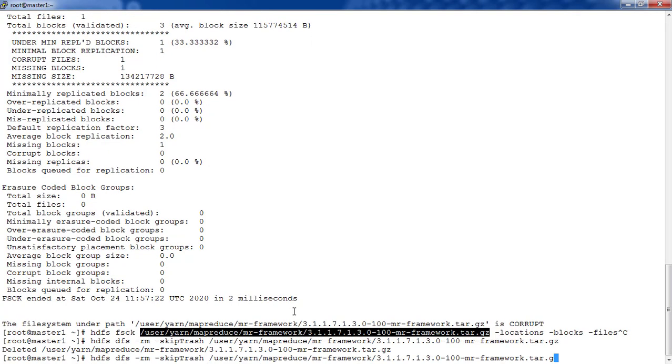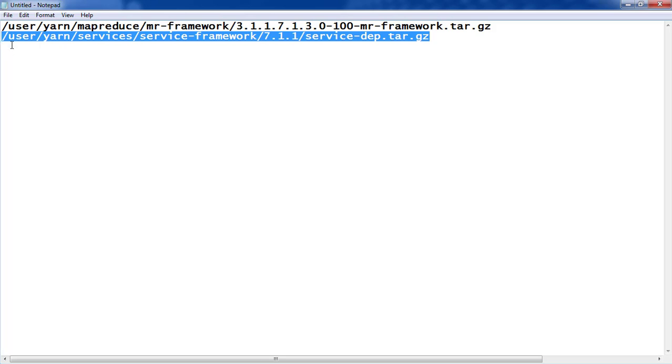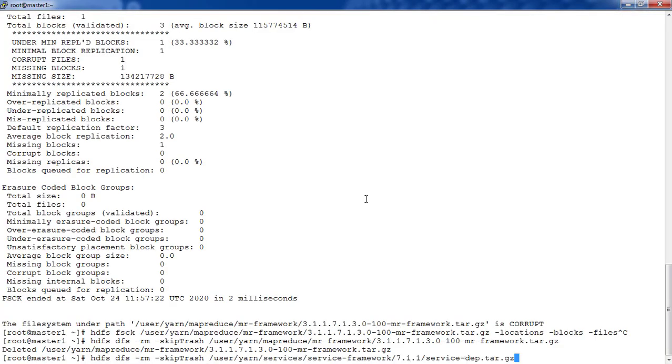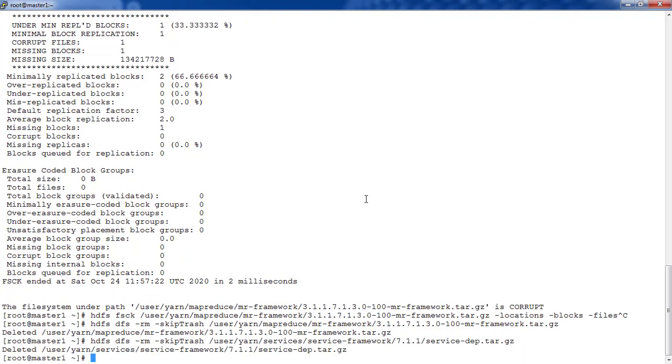Okay, and similarly I'm going to delete the next file also. You can follow the same steps for the next file, and if you can find the missing blocks and restore them, that is fine. Okay, so I deleted.